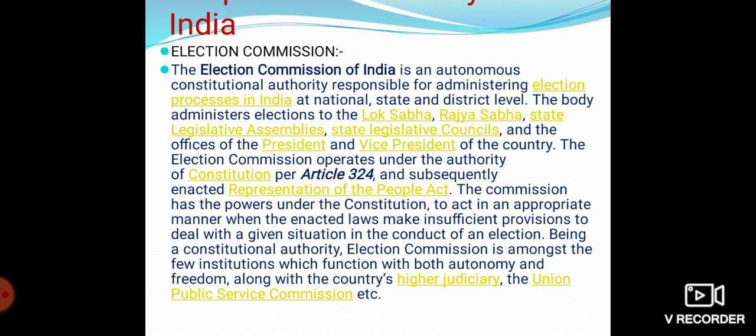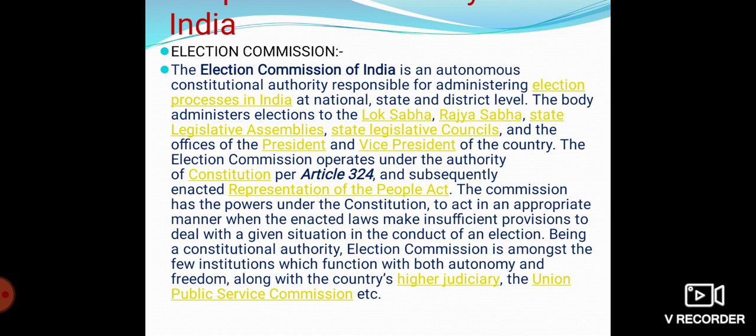A 3-member commission has been in operation since then, and the decisions by the Commission are made by majority vote. The Chief Election Commissioner and the 2 Election Commissioners, who are usually retired IAS officers, draw salaries and allowances at par with those of the judges of the Supreme Court of India, as per the Chief Election Commissioner and other Election Commissioner Conditions of Service Rules 1992.